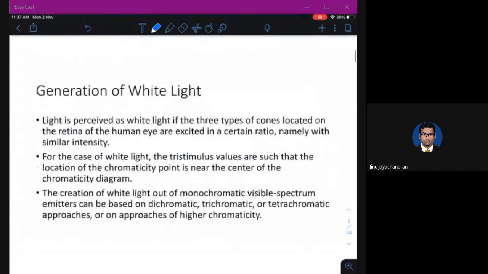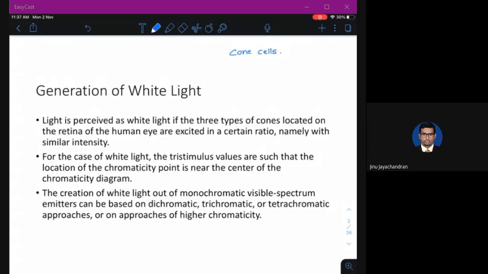Fine. Now, starting with generation of white light. When light falls on your retina, there are cone cells. Each type of cone cell is sensitive to a particular wavelength.